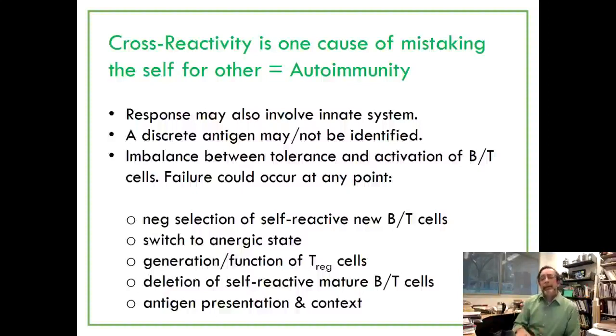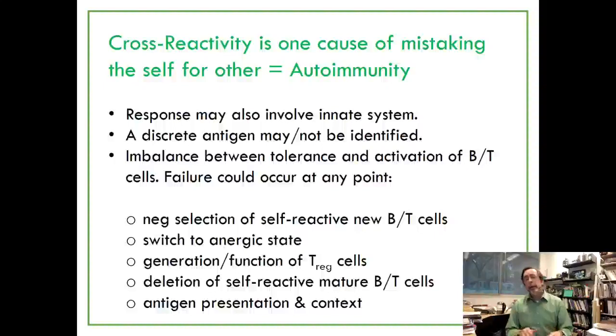And there's an activation of B and T cells where you don't want them to be activated. And it can happen, we've talked about thymic selection, negative selection. If a T cell gets through negative selection and it still self-reacts, then you have a failure of negative selection. Now there's also that T cells are supposed to be put in sleep mode, an anergic state. If that doesn't happen right, then they'll react with self. If you have self-reactive T cells, you want to turn them off. And if you don't turn them off, you have autoimmunity.